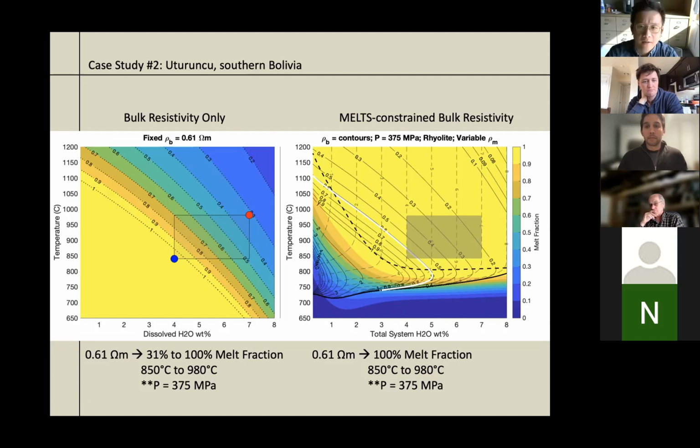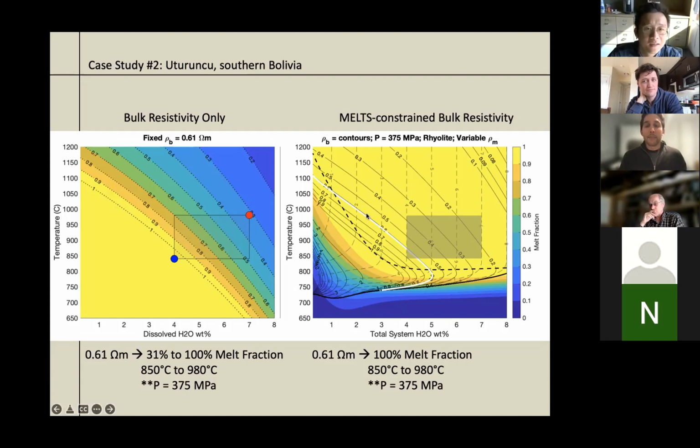All right. I guess a follow-up question on Udrunku is that, so it looks like you are getting really high melt content for this example. Is that really dynamically stable? If you have close to 100% melt in the magma chamber, why doesn't it erupt